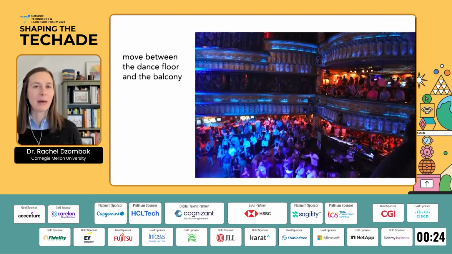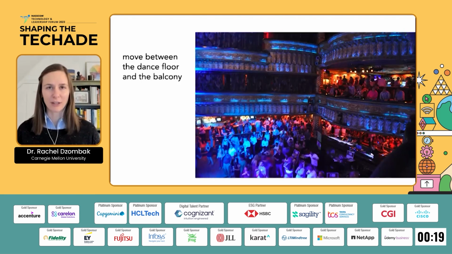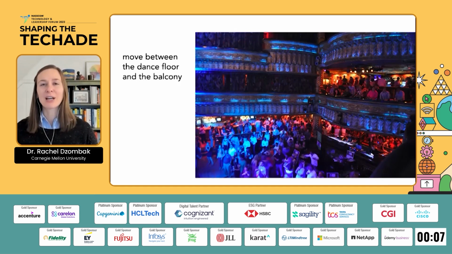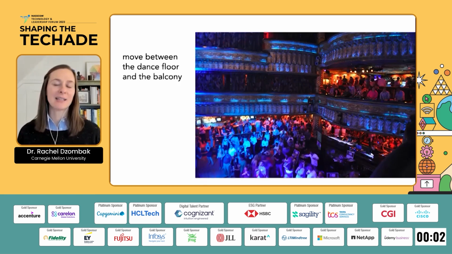But if you run up to the balcony, if you're looking at the dance floor from a level up, you see things entirely differently. You instead see, okay, where are people congregating? Is the music too loud and people are staying away from the DJ? Is there a line at the drink station that's impacting people's ability to move? Is no one on the dance floor for some reason? You're able to see that in a different way.